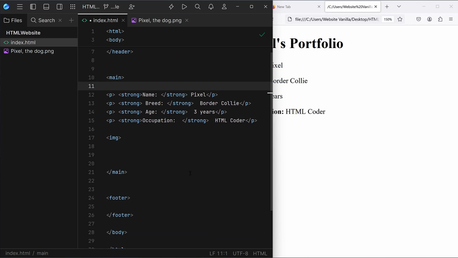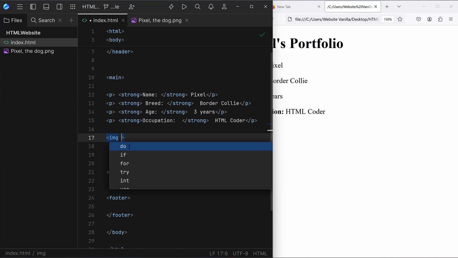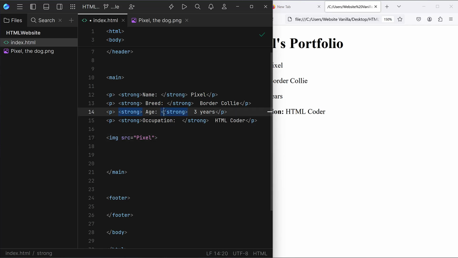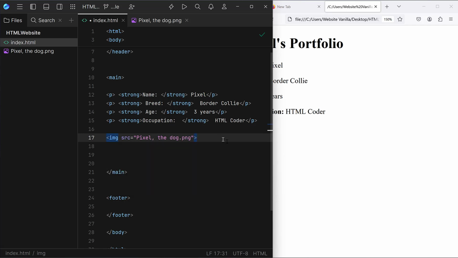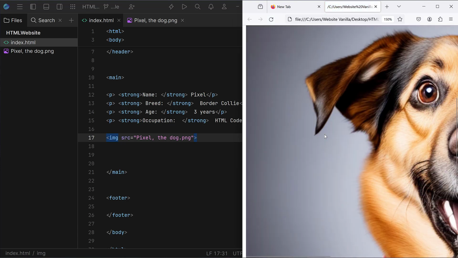And normally it has something called image source. Source is where the image comes from. So here I can just type Pixel. Normally my code editor is supposed to automatically detect where these different elements are, but right now it's not detecting. I don't know why, and we're not going to troubleshoot that. That's fine. So Pixel the dog dot png. All right, cool. Let's come here and see that. Ooh, see,